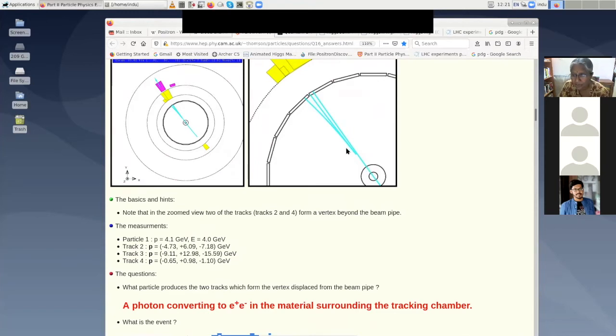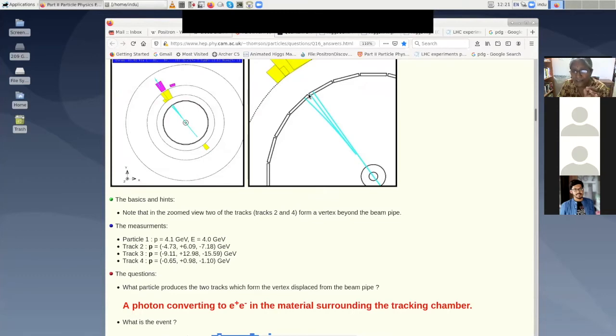Later on, I will show you the actual tracks in the LHC, because this is a very old detector, like 20 or 30 years old. But basically what you have to see is that this line, even though it is drawn later by hand, actually corresponds to dot, dot, dot, dot, where energy was deposited in this very densely packed tracking chamber. The tracking chamber has very small pixels, and the charged particle deposits energy in each pixel. So it literally leaves a dot, dot, dot track, and that's why it's called a tracking chamber.